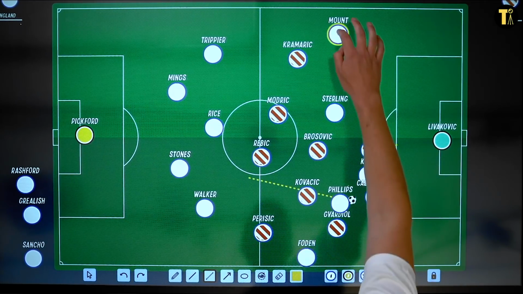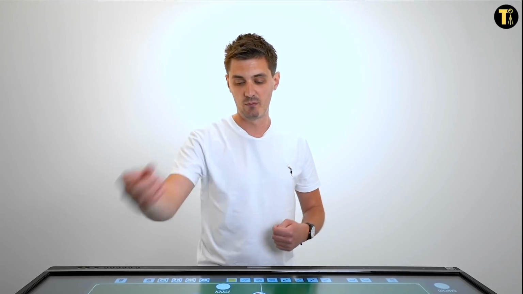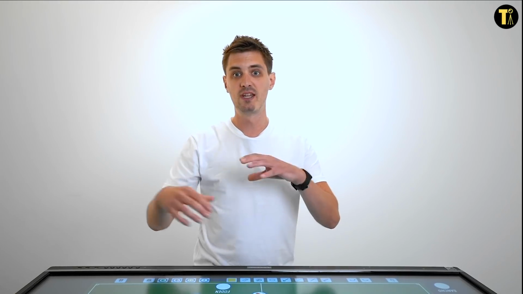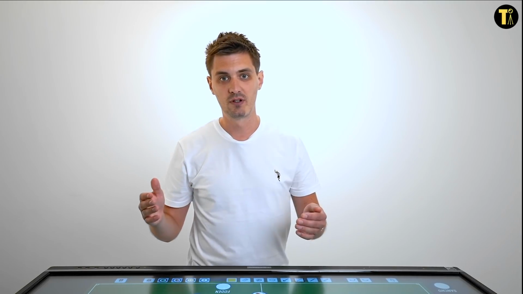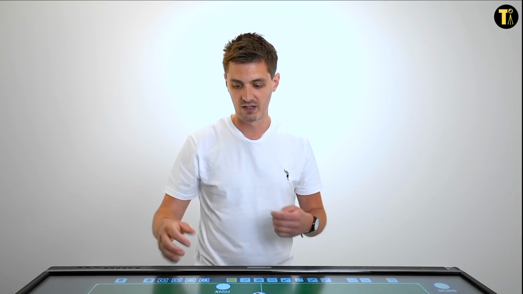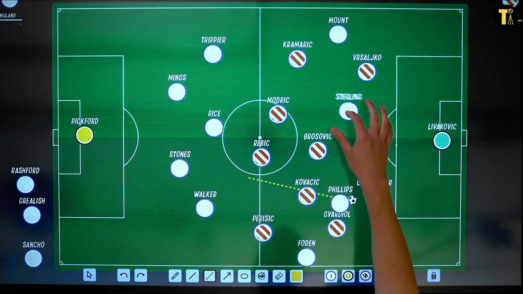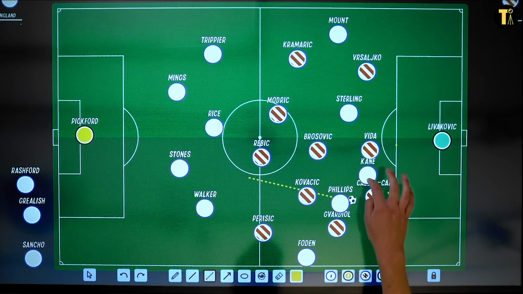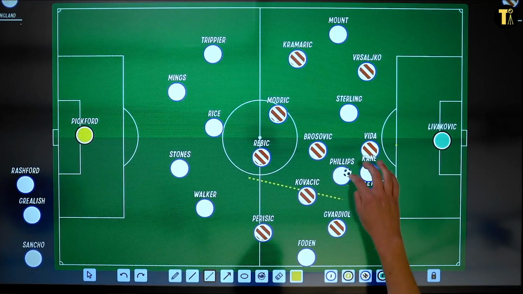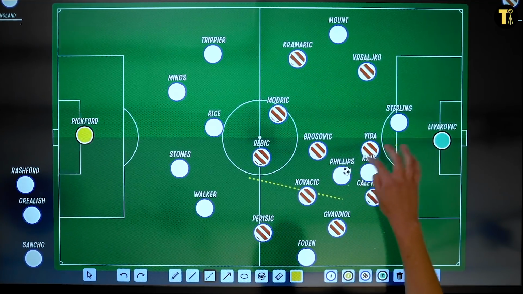And that's what Mount's very good at. He's both an 8, a midfielder, but he's also a left winger in this situation here. So the positional flexibility is hugely important, and the rotations are important for how this move works. Sterling is in here, and straight away now, he's basically a striker. So Kane's come out wide, Phillips comes inside here, and Sterling makes this run in behind, the ball slips through,